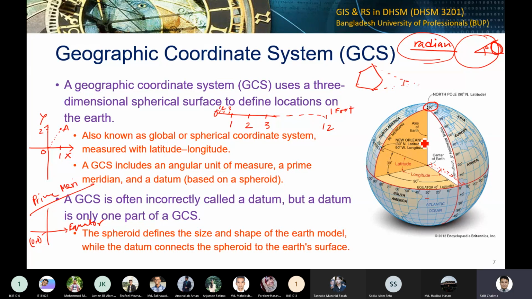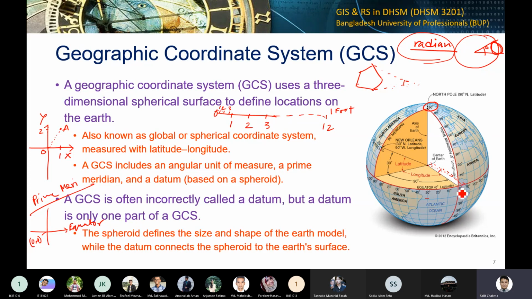Okay, so 1, 2, 3, etc. Even if you put it 0.5 degrees, that could create one parallel, and you can have as many parallels as you want because these are all imaginary, right? So now you have 0 degree, and it's based on the Greenwich line. So this is the Greenwich line crossing over the Greenwich in UK and going North Pole to South Pole, and this is the equator. So this region is somewhere on the ocean, in Atlantic Ocean.